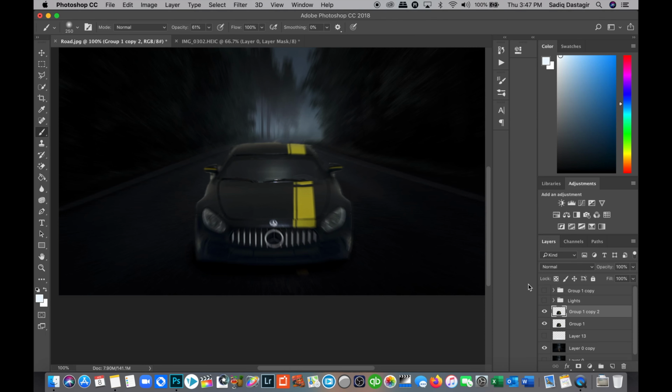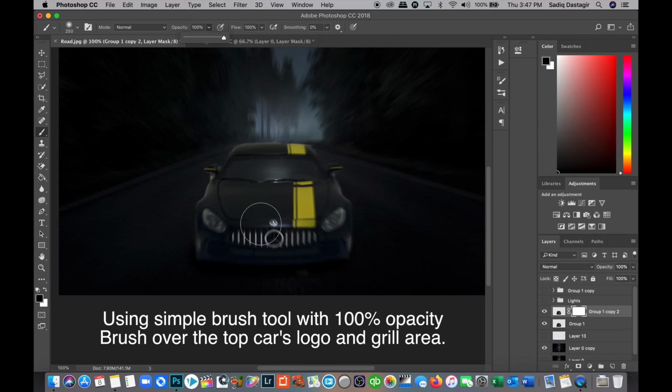So it's very simple to do. I have duplicated the layer below because I will be deleting a little bit of the grille area on the car, and the layer below will compensate for that, because that layer does not have a blur. So in simple words, I'm adding a mask. We add a mask, and with opacity at full 100, we will just reduce this size. You can reduce the size from here as well, or by pressing the bracket, and just simply paint over this. A little bit of paint.